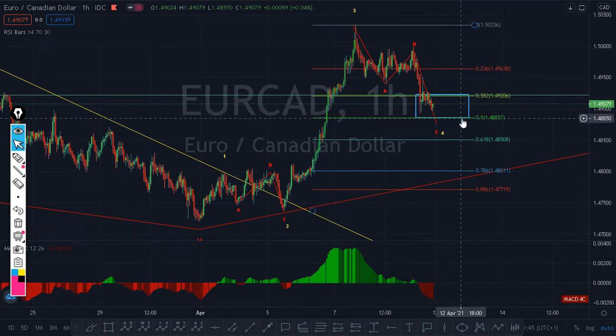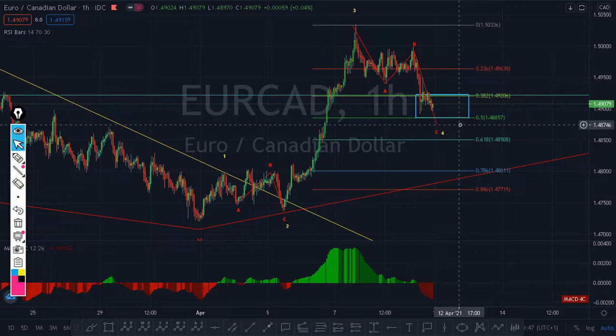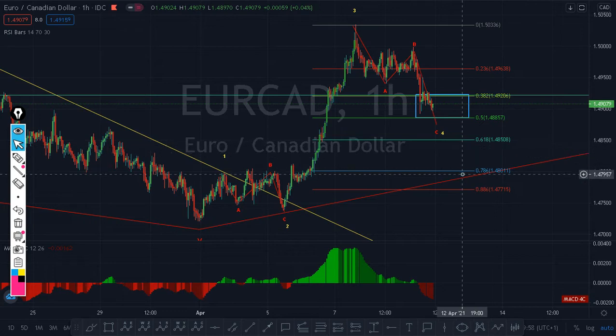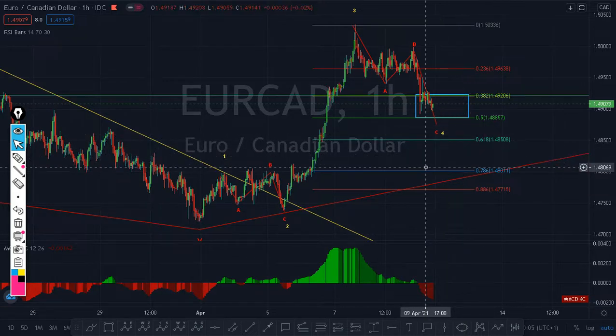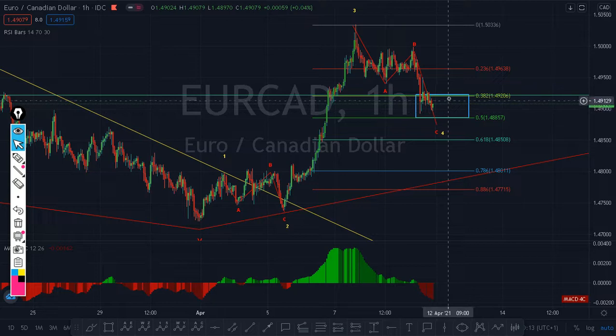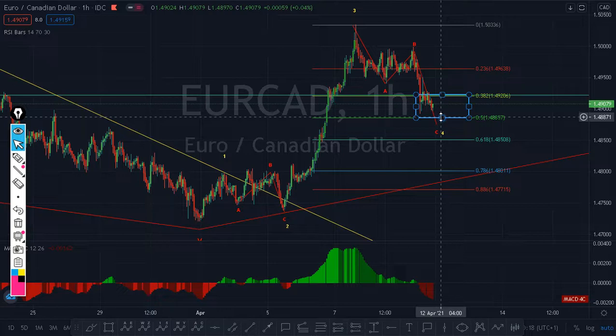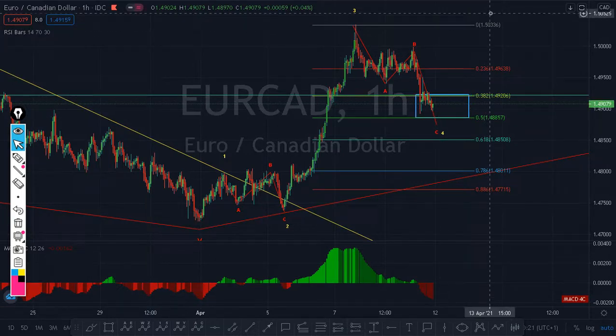It's nearly at 50. Will it go below 50% Fibo? It's possible. Even if it comes to this place, even if it comes to 12.8, it's still valid as long as it didn't go below, come into this zone. It's still valid. But the standard reversal place is between here and here. So we expect the market to turn back and keep going up.